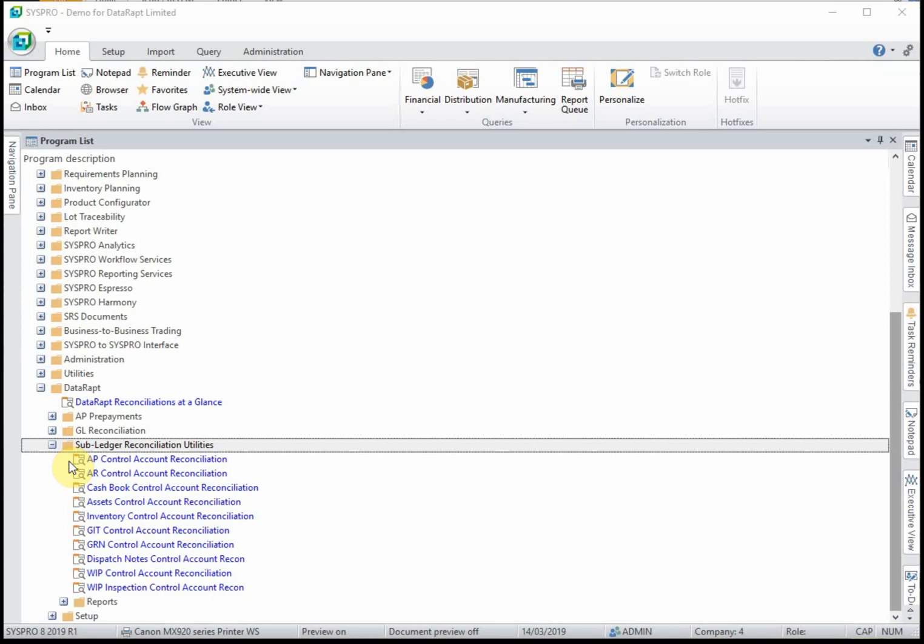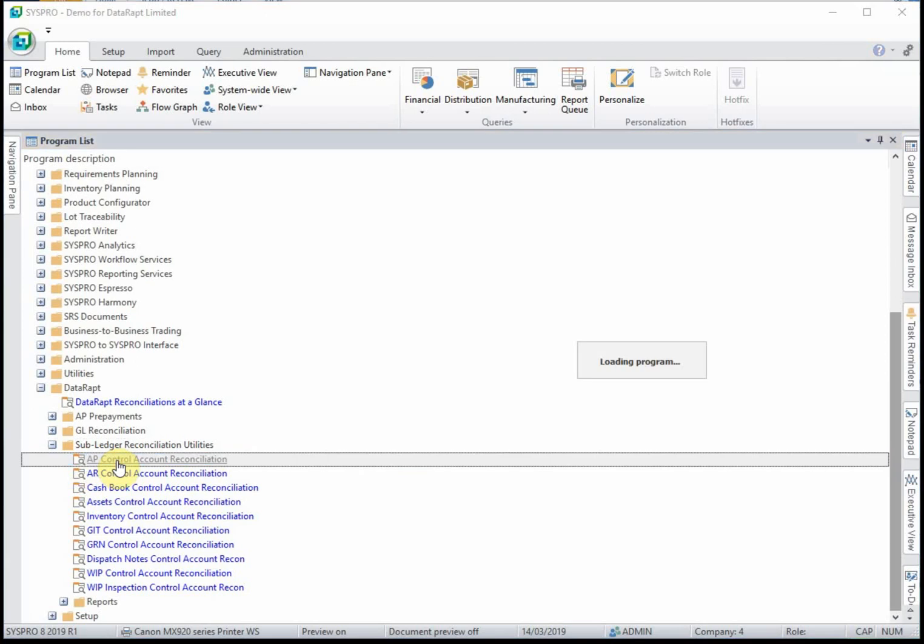DataWrap subledger reconciliation utilities enable you to resolve any imbalances between your SYSPRO subledger modules and the general ledger. Any variances identified are shown at transaction level, and the DataWrap program provides comprehensive information on each variance, including the likely cause of the variance and corrective action guidelines. 10 subledger reconciliations are available in all, but all work in a similar fashion, so I'll be demonstrating the accounts